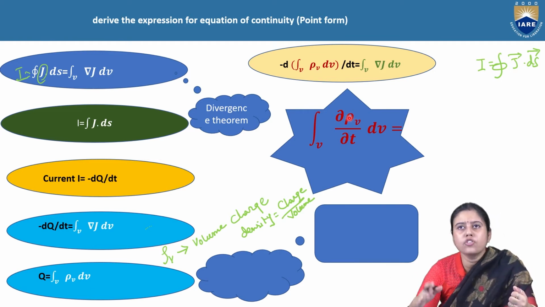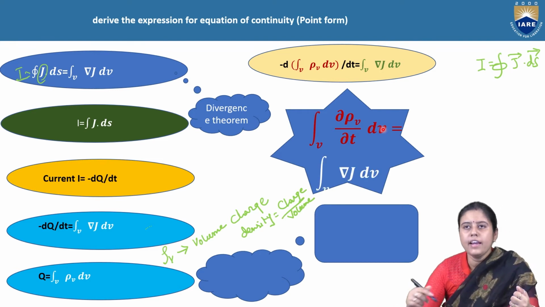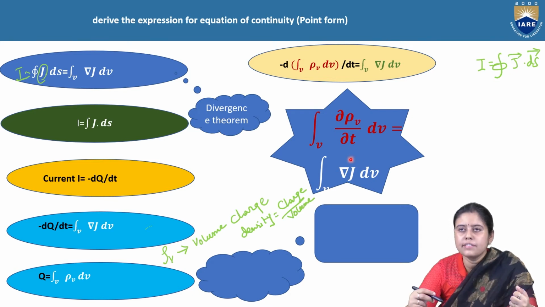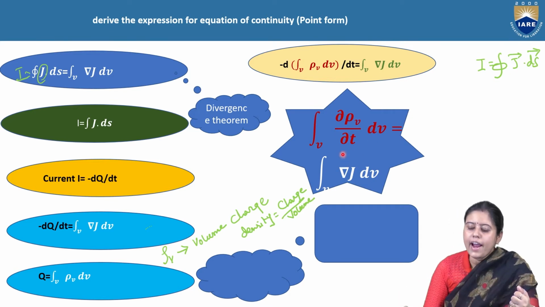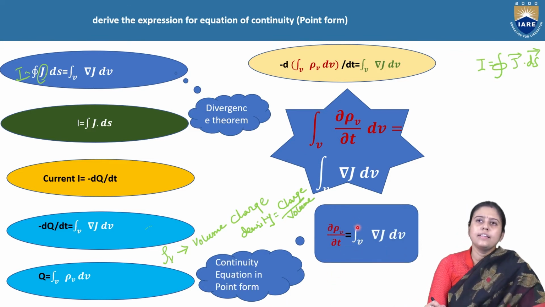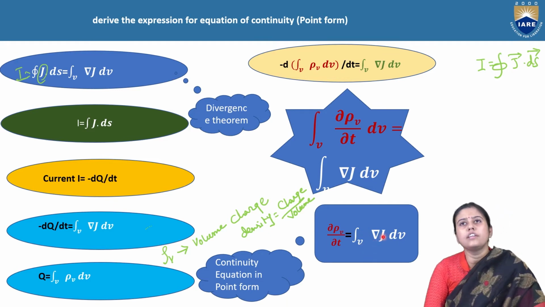So it has x, y, z axis. Instead of d, we are writing here del by del t. So del by del t of rho dv is equal to, we can write, divergence of J dv. If we compare, this is a volume integration, this is a volume integration. If we compare these two lines, dv cancels out, and we will get del rho v by del t is equal to integration of divergence J dv, and it is the continuity equation